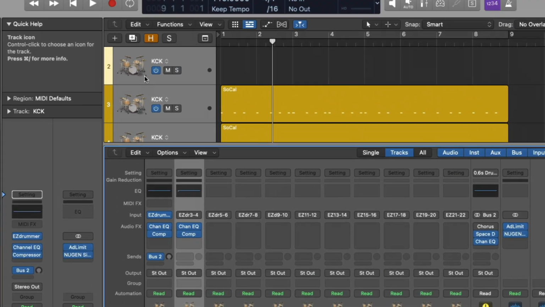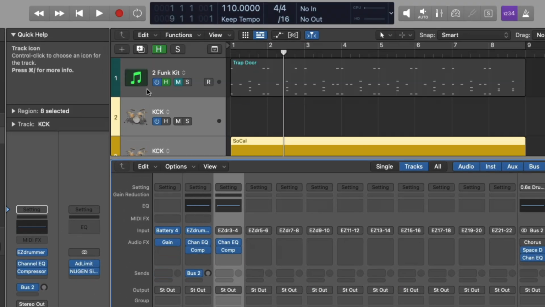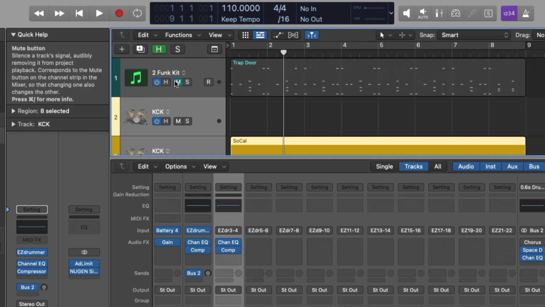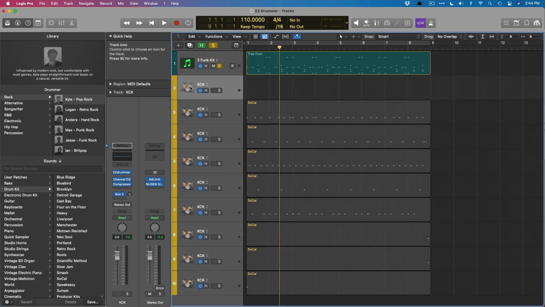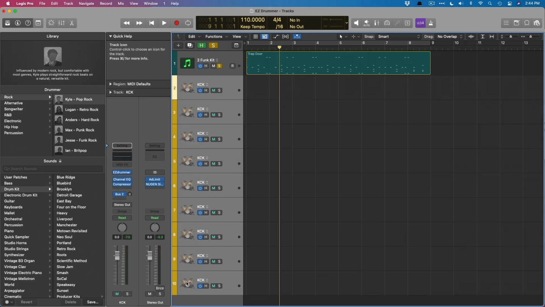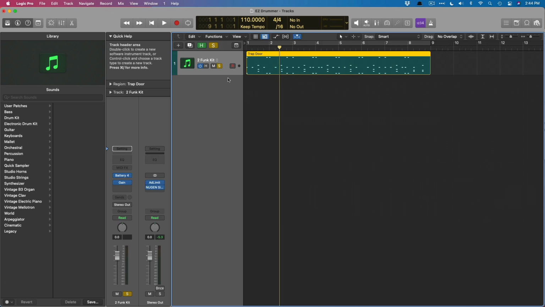Let's now do the same for Battery. I actually have Battery hidden right up here. Loaded up a drummer performance as well. And for now, we're just going to delete all of this. So instead of going through the process of separating by note pitch, I'm just going to show you in Battery how you can create a multi-output instrument and set each to its own output for each drum. If we take a quick listen to this performance,